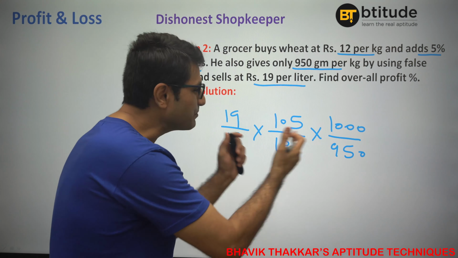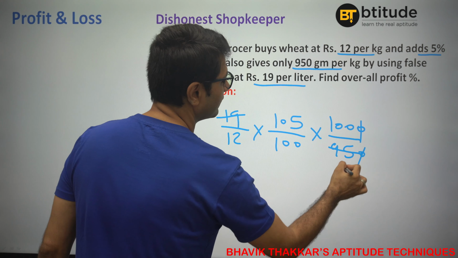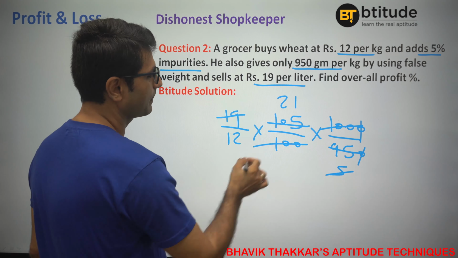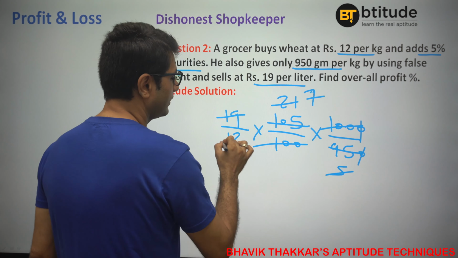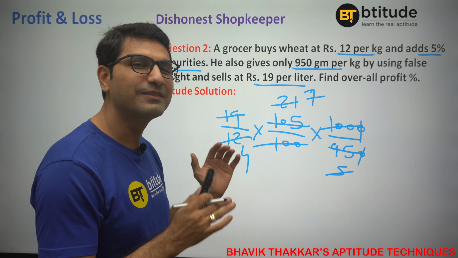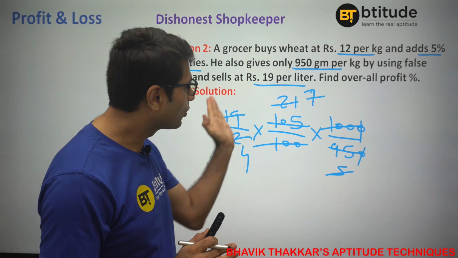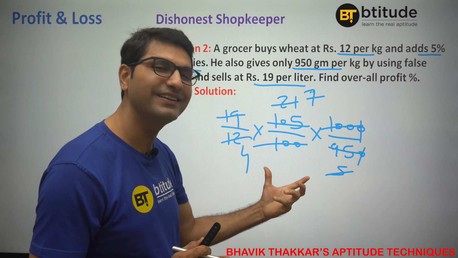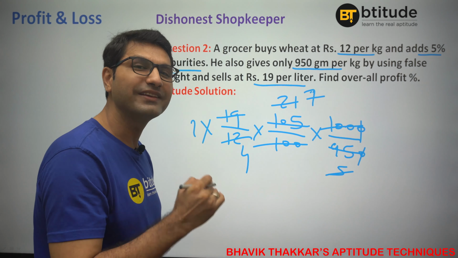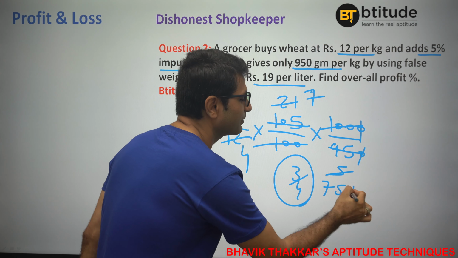Now that's it. So combined profit will be nothing but you can say 19, first this 0 will get cancelled, 19 5s are 95, 5 into 21, 100 will get cancelled, 7 3s are and 4 3s are, right? So these whole things mean your number is getting multiplied by 7 by 4. Are you getting this? All these 3 factors mean whatever your number was, it is getting multiplied by 7 by 4. So it is increasing. How much it is increasing? 3 by 4, which is nothing but 75% profit.